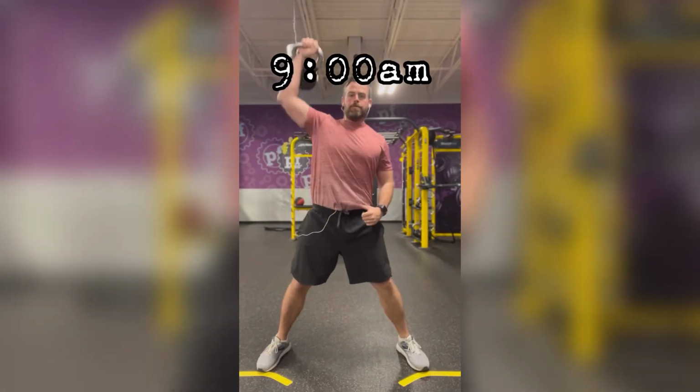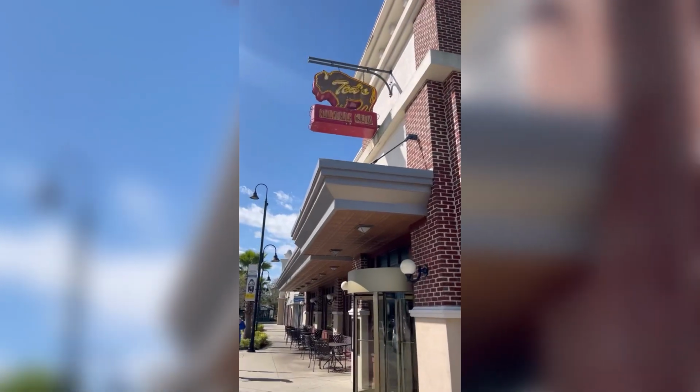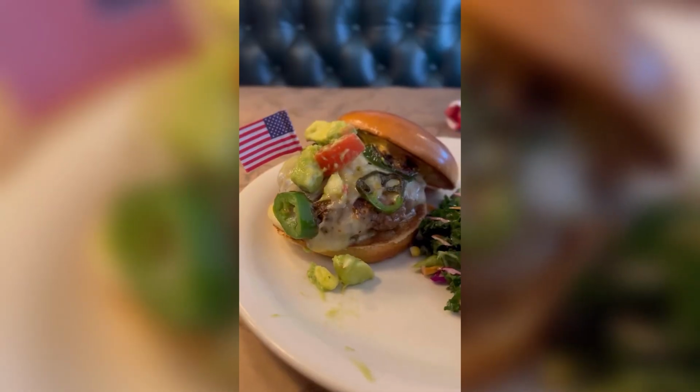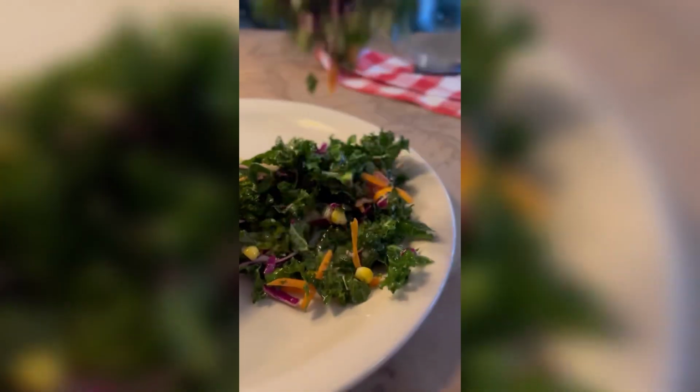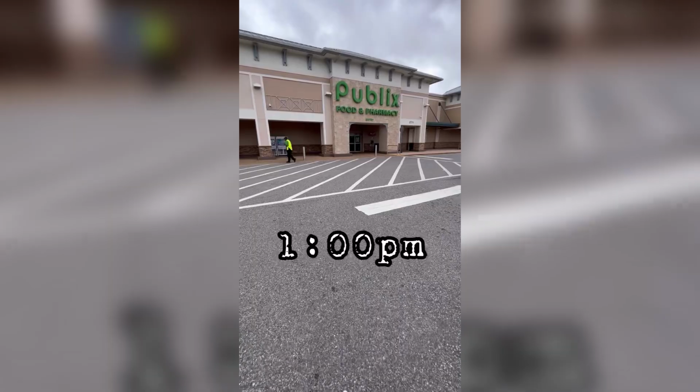Here's everything I eat in a day when intermittent fasting. So after dropping the girls off at school, I got a little workout in. Then I went to Ted's Montana Grill at 11 to break my fast. I had some of their house-made dill pickle chips, and I had their hot green burger. It was a bison burger with guacamole and jalapenos and pepper jack cheese, and I got the kale salad as